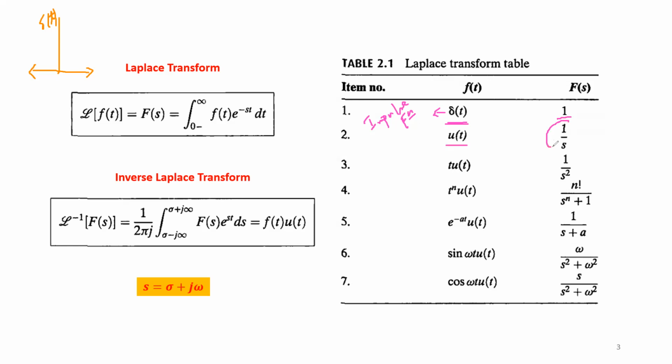If you do the Laplace transform of u(t), you will find 1 over s. t u(t) gives 1 over s square. t to the power n u(t) gives n